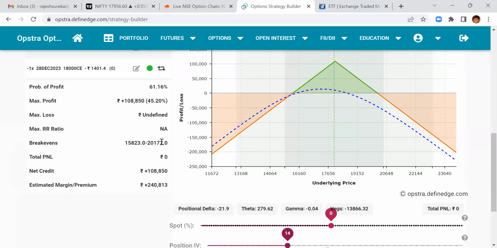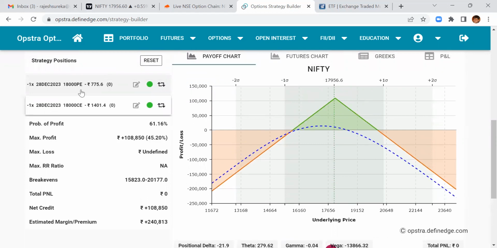Till the market is in this range, you will not lose money. So say, this is net sum of both. So actually, what happens? Market at the end of the year, we close on one side. It cannot close on both sides. Correct? So say if it is closing below 18,000, what will happen? You have collected 775 plus 1,400, which is roughly 2,200 for the sake of simplicity. 18,000 minus 2,200 is how much? 15,800. वही 15,823 आ गया. ये आपका ब्रेक इवन हो गया नीचे. Similarly, 2,200 ऊपर. So 20,200 becomes your break even ऊपर.